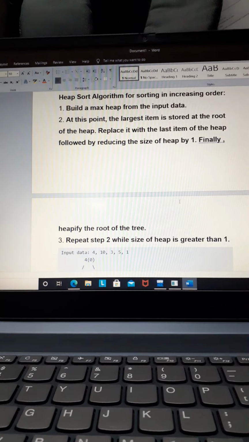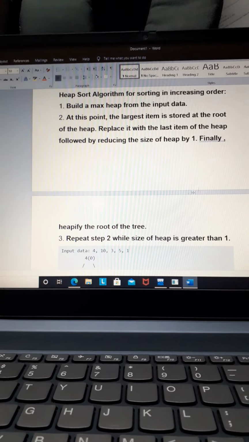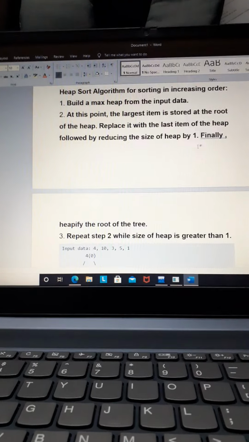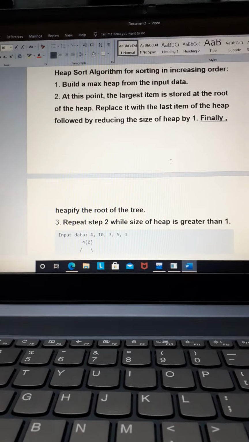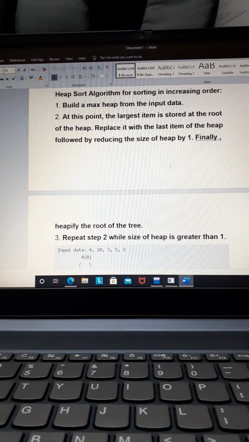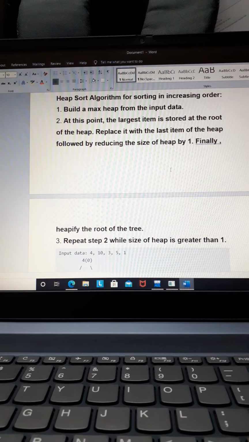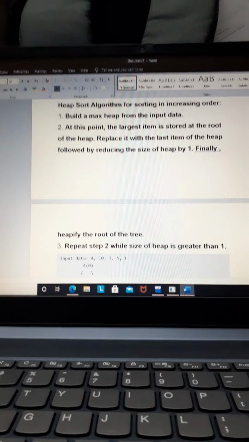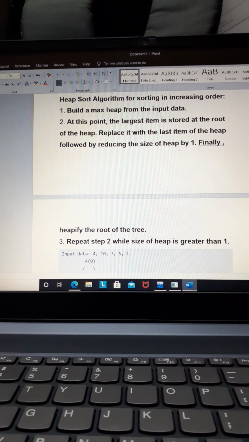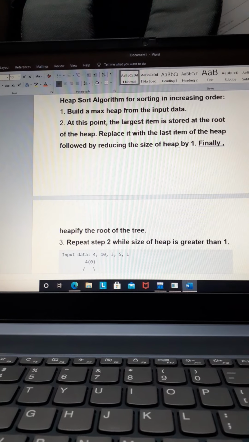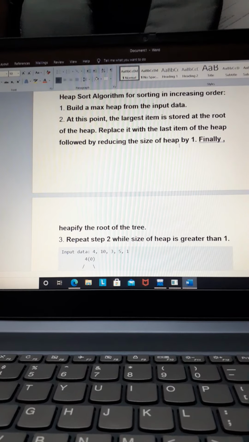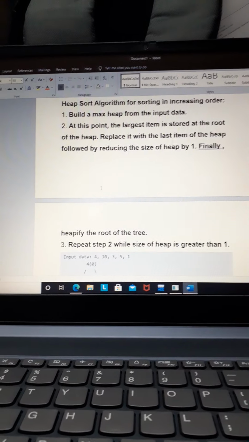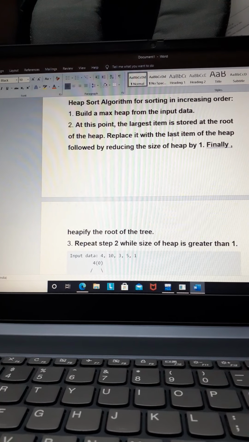It actually runs in a loop. The loop will run for i less than the total size of the array, so the number of elements given, or the size of the heap, we can say in different ways. To repeat it, we need to first build a heap from the given input, and we have to find the largest element. The largest element is stored at the root of the heap, and then we replace it with the last element of the heap. That is actually sorting.